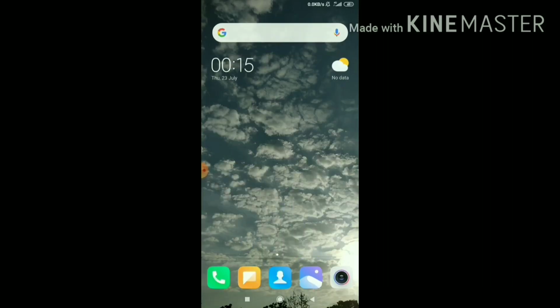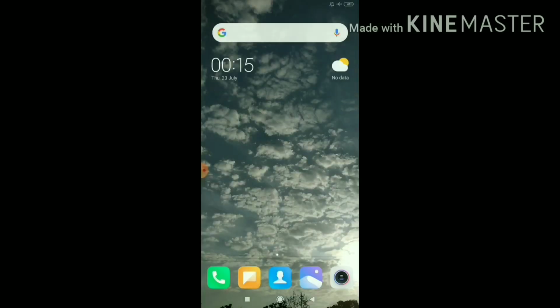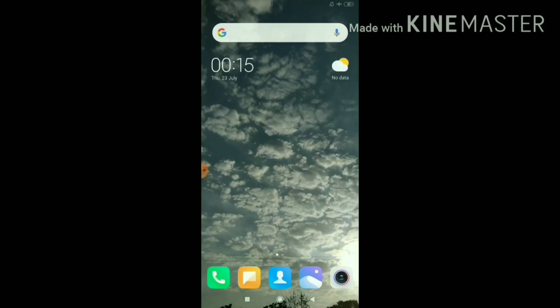So now let's come to our main topic. Here I am going to tell how we can use the internet or calls when we turn on the airplane mode. So now turn on the airplane mode. Now it's on. After turning on the airplane mode, the mobile data and hotspot is disabled here. And also we are not able to see the range of our SIM. We are able to see the airplane sign here, indicates the airplane mode is active. It is in status bar.